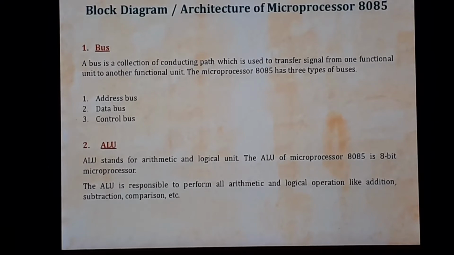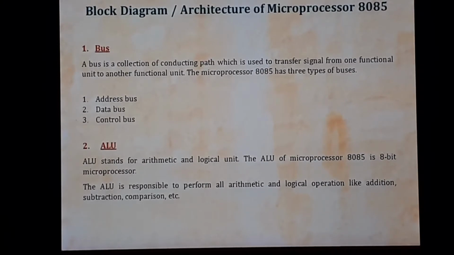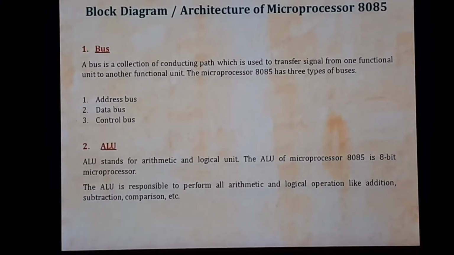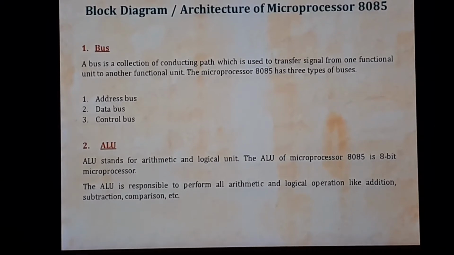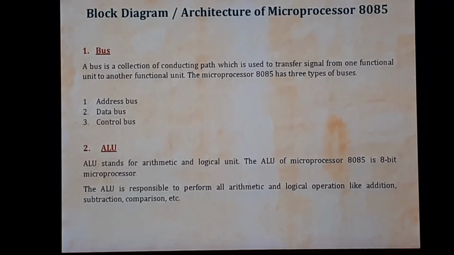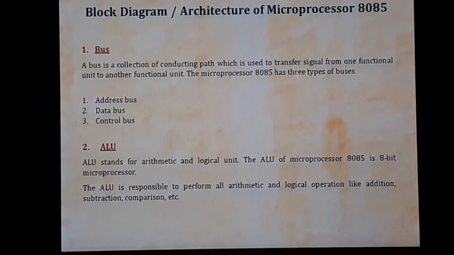Number 2, the second block in the diagram, which consists of the main part, that is ALU. ALU stands for arithmetic and logic unit. What it does, it will help you to control all the arithmetic and logical operations. Arithmetic and logical operations means, for example, arithmetic such as addition, subtraction, logical such as AND, OR, NOT, that we had studied in the logic gate chapter in 11th standard. So ALU stands for arithmetic and logic unit, and it is of 8-bit in an 8-bit microprocessor. That is the particular block.